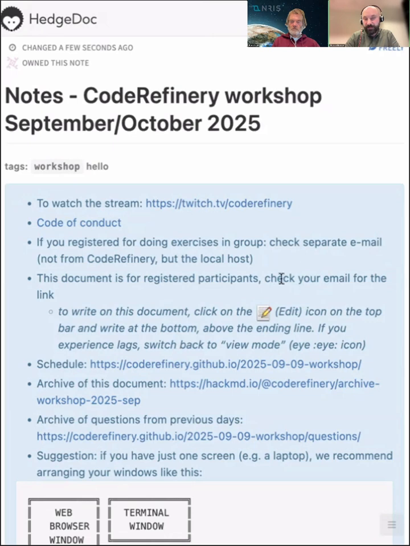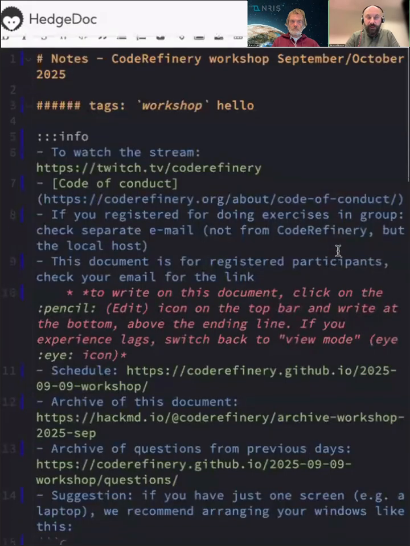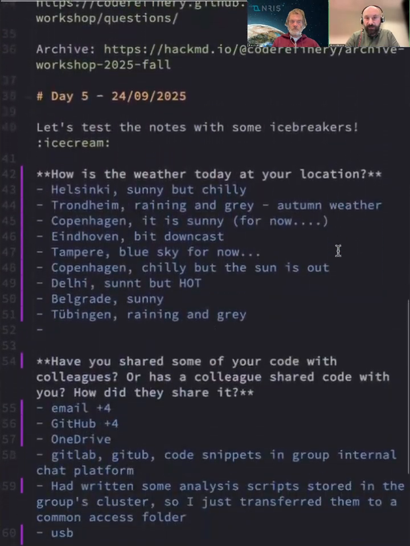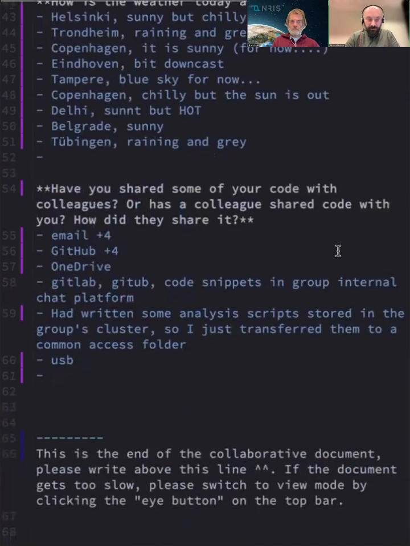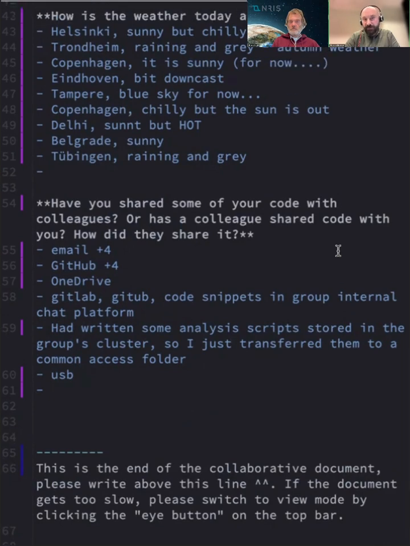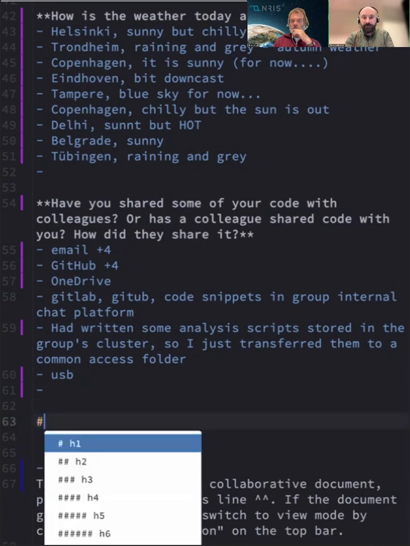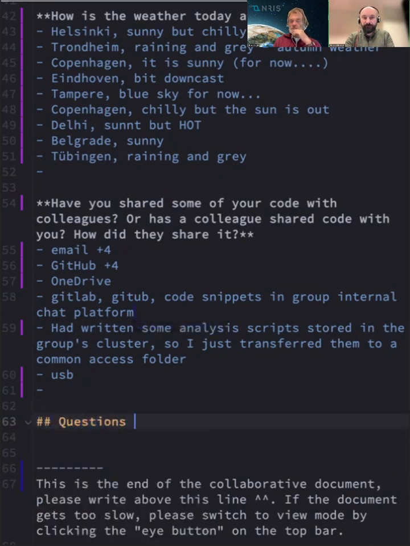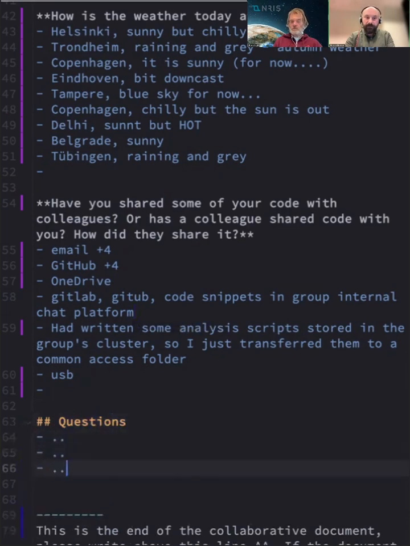If you click on the pencil, you can edit the document, ask questions, and interact with us in the studio. Especially today, the notes document will be very important, because the exercises are not going to be writing code, running code, or running Git commands. The exercises will be discussion-based and will happen in the notes. So please, everyone, open your notes document. And of course, any questions, you can write them here. You can see how I can add.